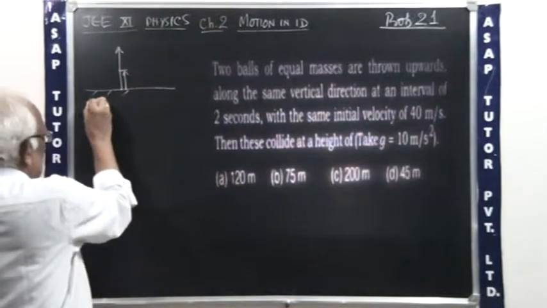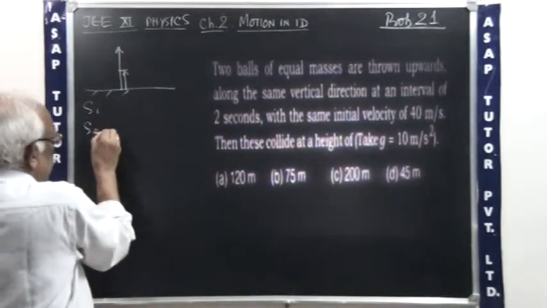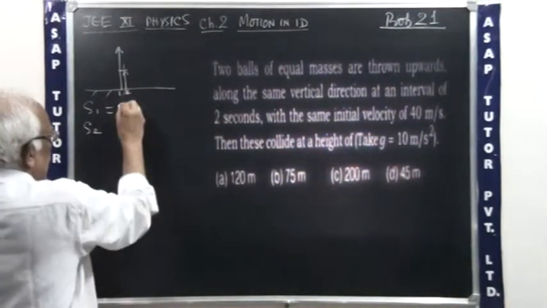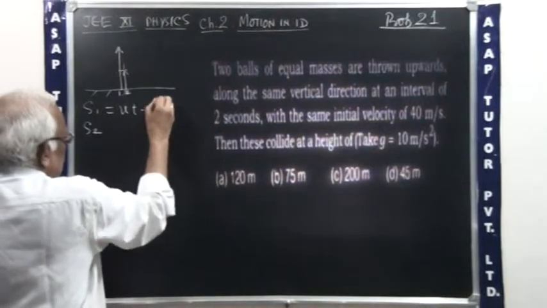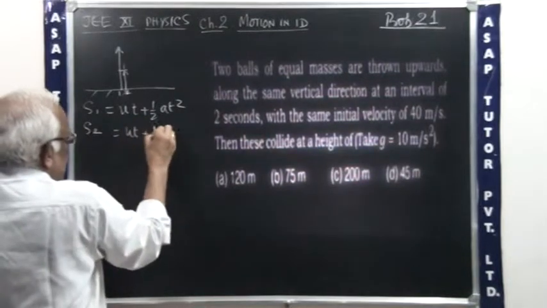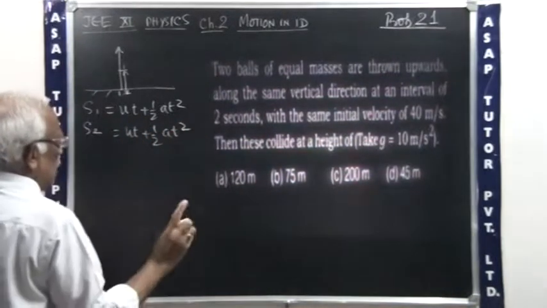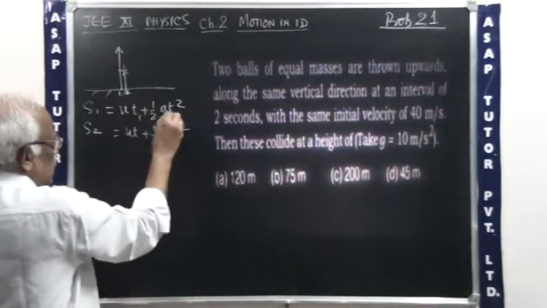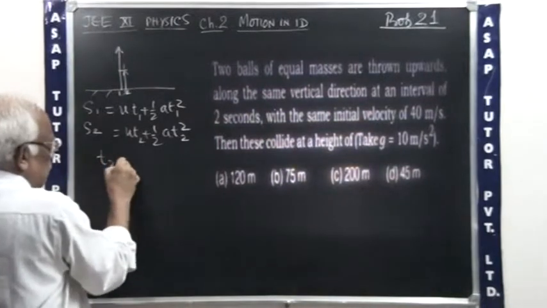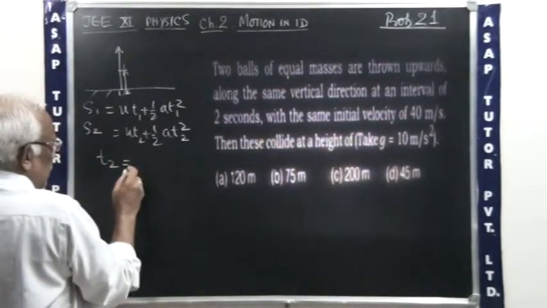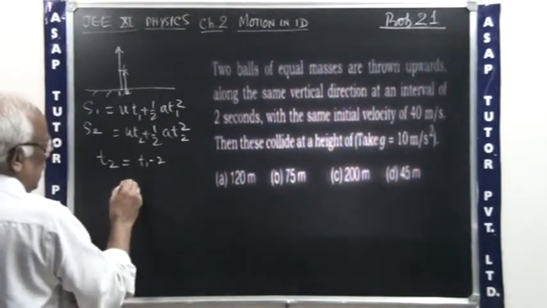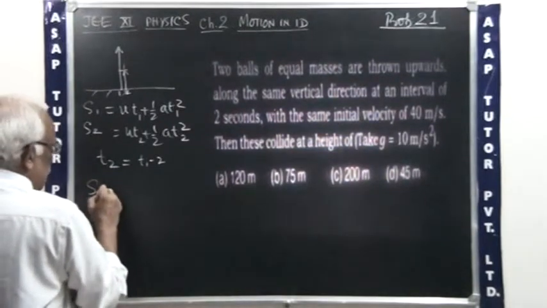We need to consider the displacements S1 and S2. If this is the first ball and this is the second ball, then I can say ut plus half at square, and this is ut plus half at square. I am writing the same thing to start with, but you must realize that this is T1 and this is T2. Now the difference between T1 and T2 is that if this is T1, this is T1 minus 2. So if I take it as T and T minus 2, then I'll write the equation as